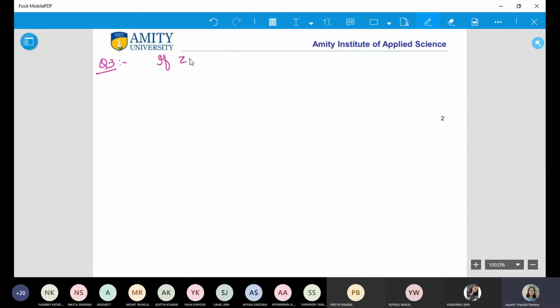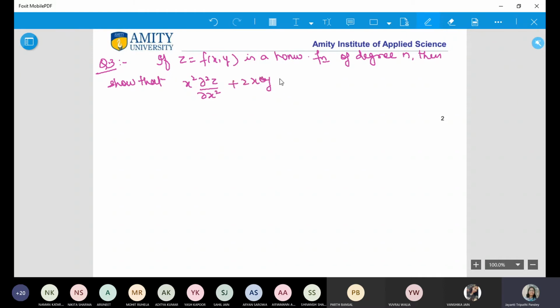If z is equal to f(x, y) is a homogeneous function of degree n, then show that x² ∂²z/∂x² + 2xy ∂²z/∂x∂y + y² ∂²z/∂y²